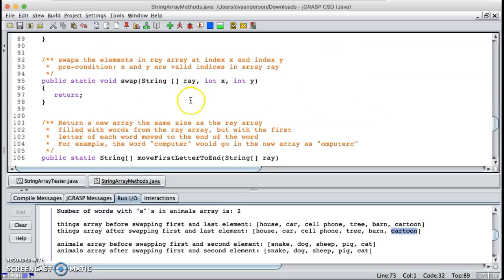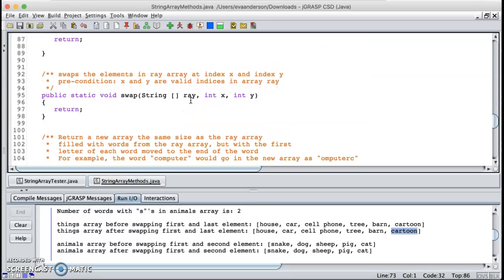So I went over this in a couple of classes, but this is an algorithm you definitely want to be one of those you memorize and that you're able to write at the drop of a hat. So here I am where my swap method is, and again I have a string array